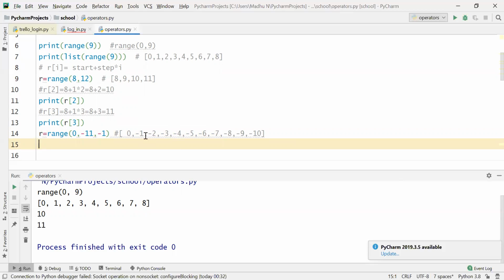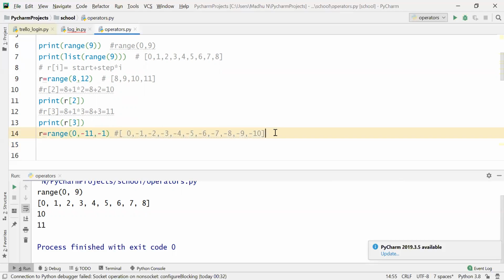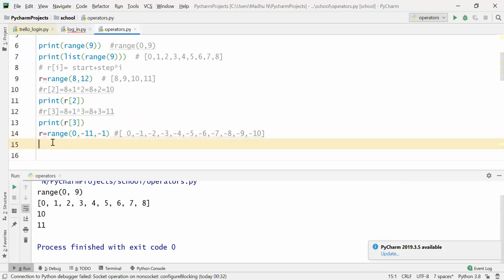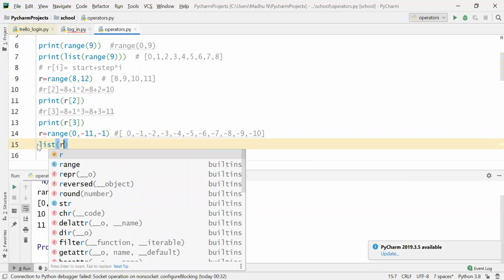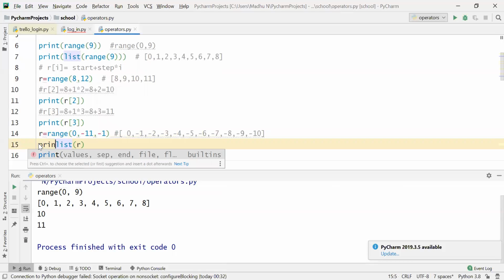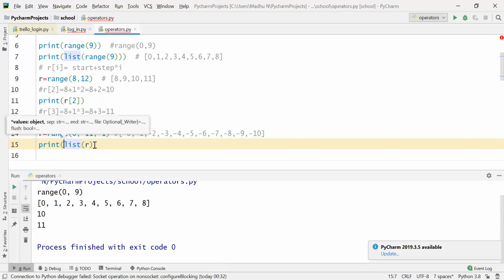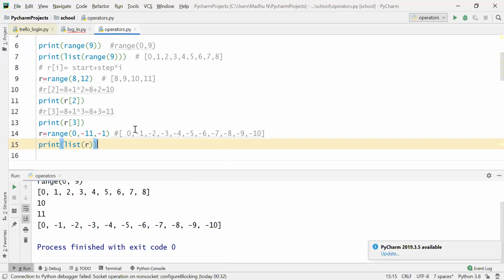Now, since these contents are in the list form, you have to write list of R. Now you have to apply a print function. Now see this. If the range is given in this form, 0, -11 and -1, it will give you: 0, -1, -2, -3, -4, -5, -6, -7, -8, -9, -10.